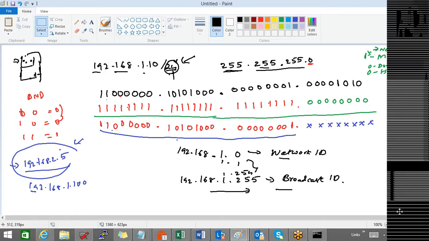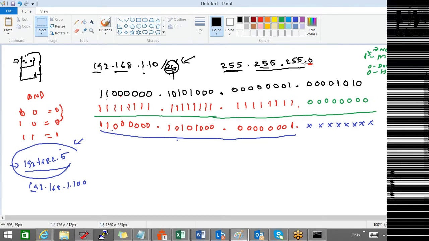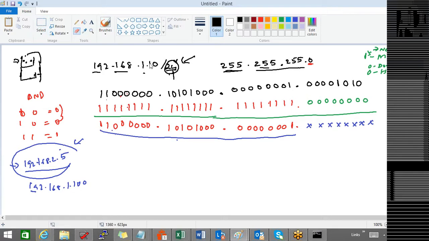Now, if I change the mask to custom, other than the defaults we can also do customization. So if I put